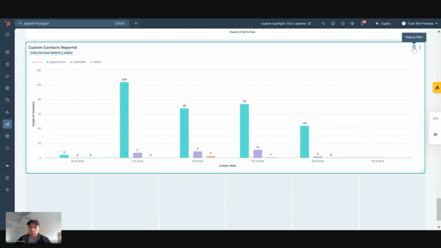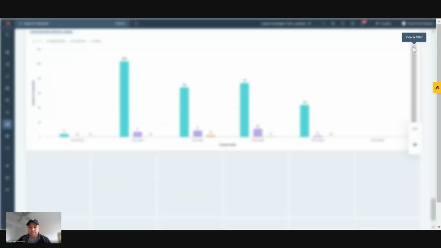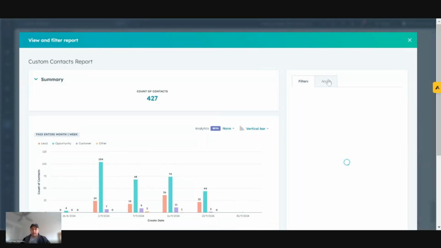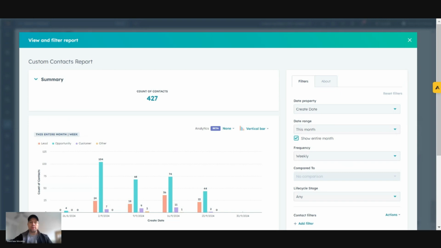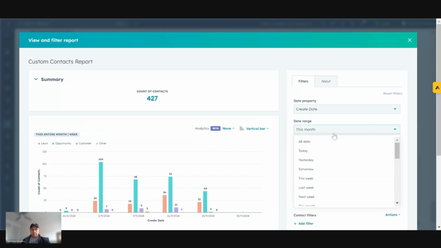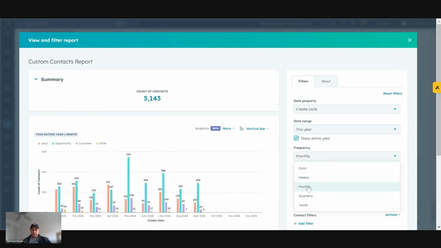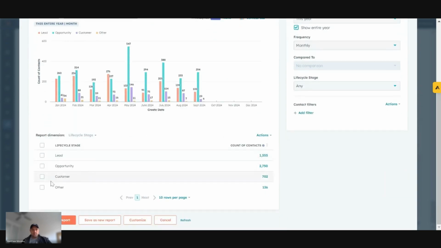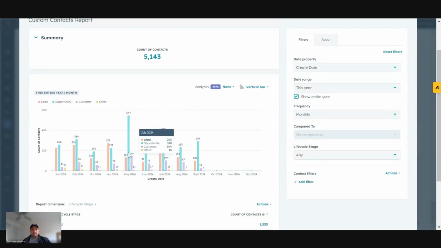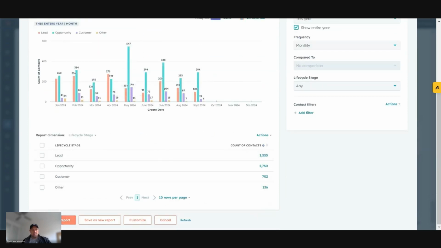If I want to, I've got the option to come view and filter. Now, this first page allows us to view and to manage the filters that we have set without going in and fully customizing the report. Why this is handy is because I can just come here and go, all right, we know what this month, I want to change it to the quarter. This quarter. This year will do, whatever it is. And I can change the frequency as well. So I can see this data, and I can edit it, and I can update the existing report.